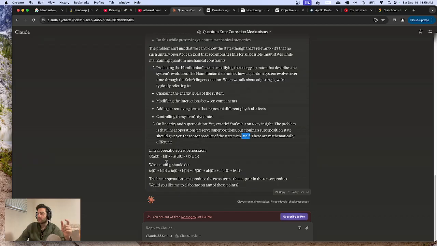A linear operation on a superposition is the probability of A plus the probability of B. What cloning should do